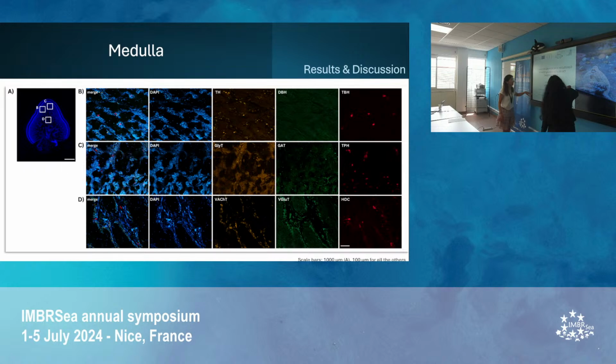Similarly for the medulla, if you see the three regions in the medulla, you can see that there are numerous cell islands, again of various sizes and numbers and different shapes. And you can see that DBH is not present in the medulla, whereas you can see a few cells of TBH, HDC, VAC. You can see the fine localization of this gene.